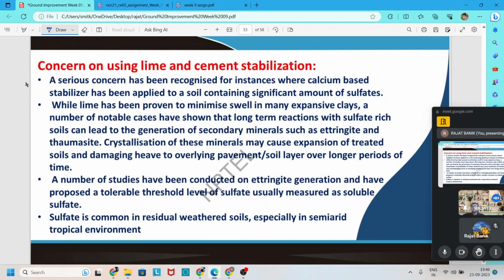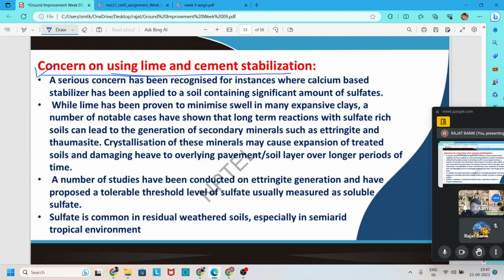Now we discuss the concerns on using lime and cement stabilization. What concerns should be taken, or what precautions should be taken while using lime and cement stabilization? It is said that a serious concern has been recognized, for instance, where a calcium-based stabilizer has been applied to soil containing a significant amount of sulfates. So we need to